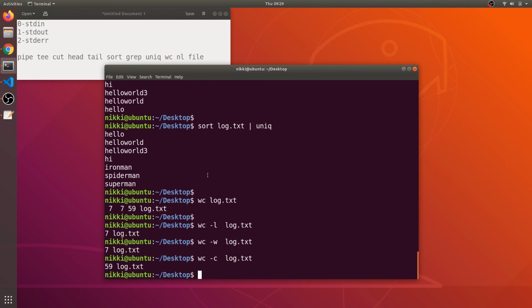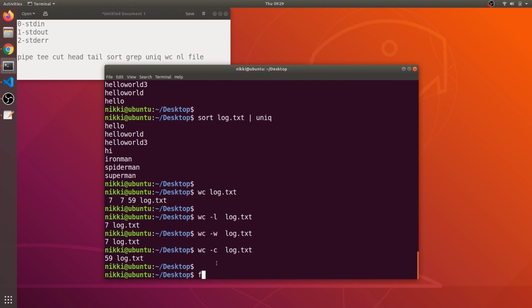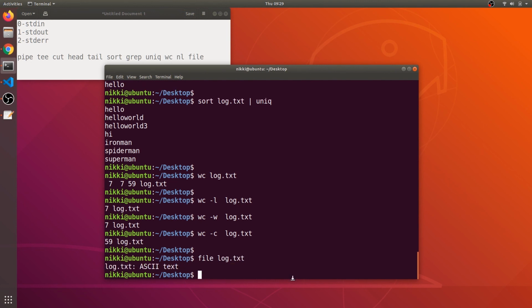So these 3 are the important options for the wc command, which stands for word count. And the last command we will be seeing in this video is the file command. So file log.txt, it says ASCII text. This file command tells the basic information about the file we specified in the first argument.